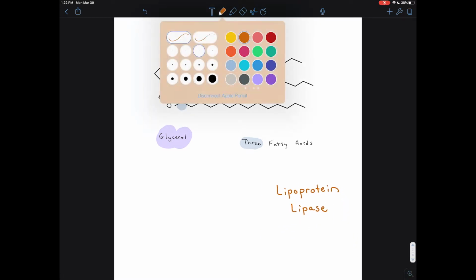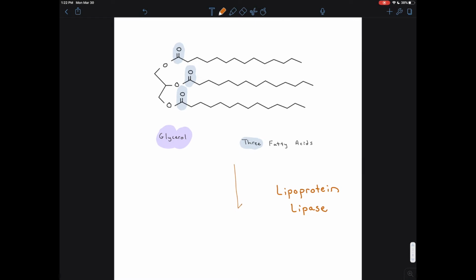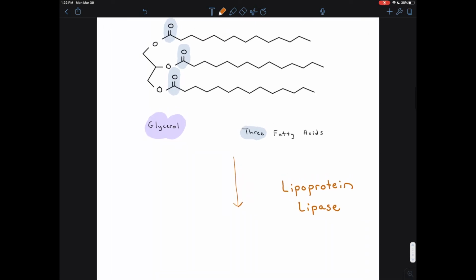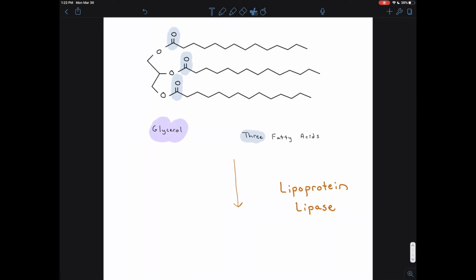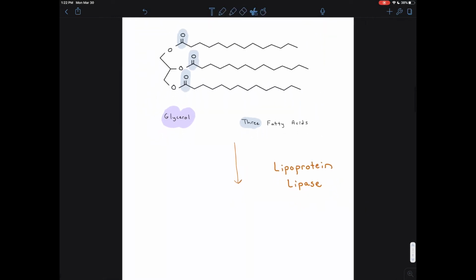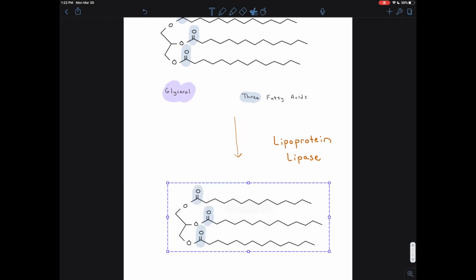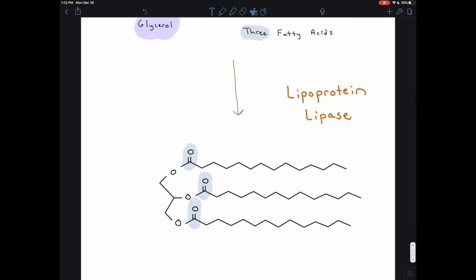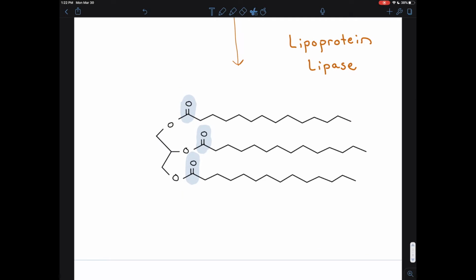And the mechanism for this is a lot like the mechanism for the pancreatic lipase that we saw earlier, except instead of just separating two of the fatty acids from the glycerol, it's going to separate all three. The mechanism for those is essentially the same. And so after the action of this lipoprotein lipase,